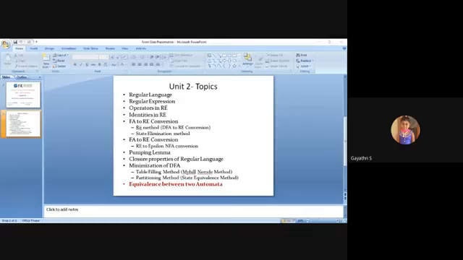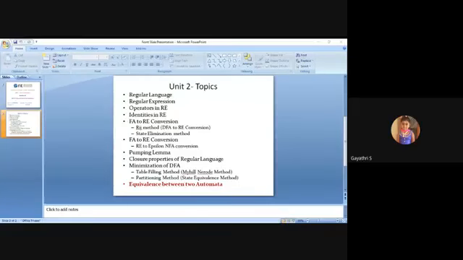Yes, 1,2. So here it is R1,2 to the power 2, where i equal to 1, j equal to 2, k equal to 2. So this regular expression is the actual regular expression of the given automata.